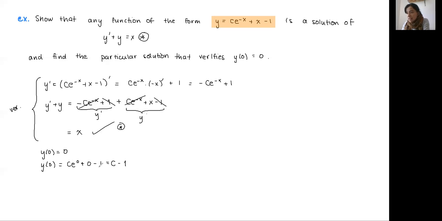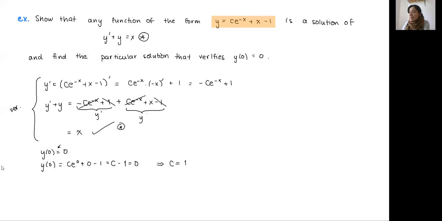Now, I did this, again, independently of this value. This value I haven't used yet. Now I'm going to force it. So now I need to make sure that I force this equation. I'm going to make it be true. So I have c minus 1 is now equal to 0, which means that c is going to be equal to